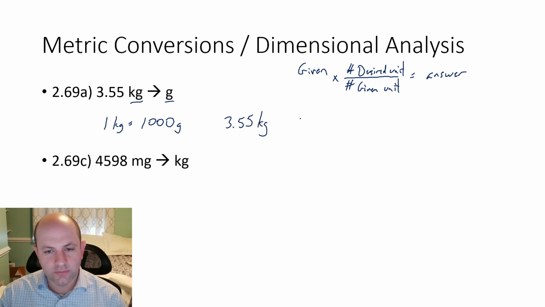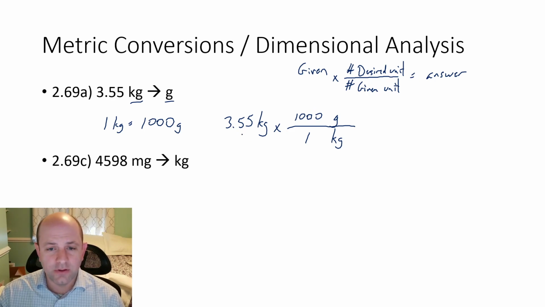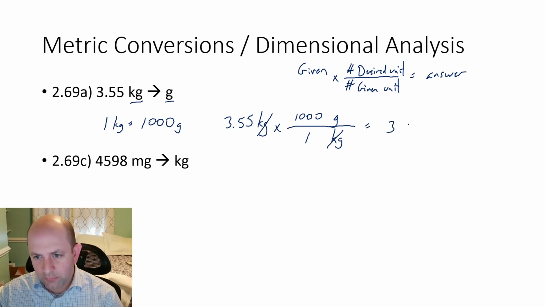3.55 kilograms. I'll multiply by my fraction. The given unit goes on the bottom. So I was given kilograms. Kilograms goes down there. I want grams. Grams goes up top. And now I plug in my numbers where they go. It's 1 kilogram on the bottom. It's 1,000 grams on the top. And then this tells me, because the 1,000's up top, it's going to be 3.55 times 1,000. The kilograms cancel, and we get